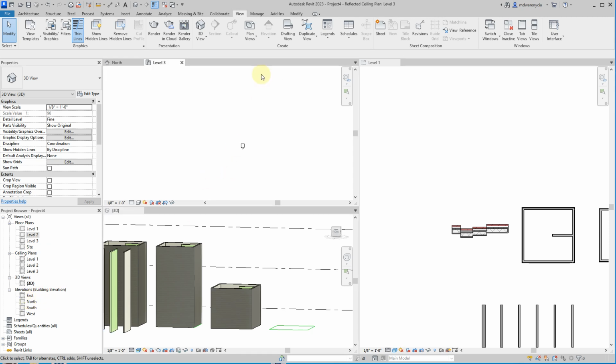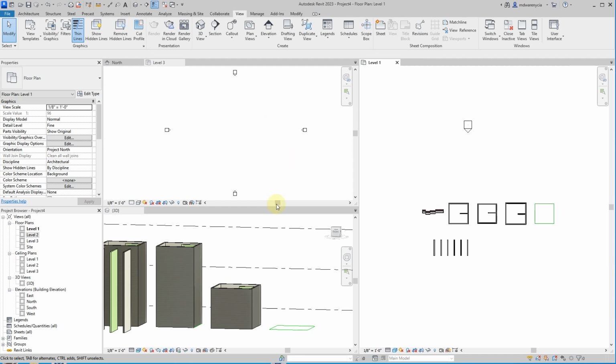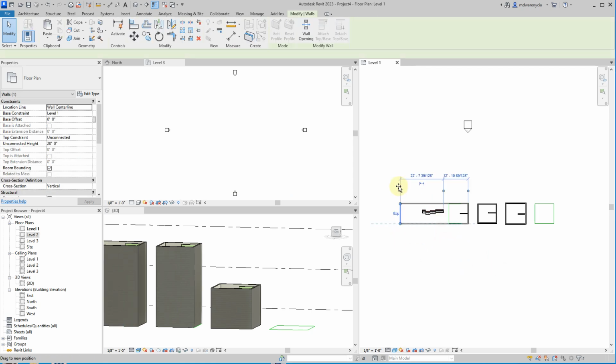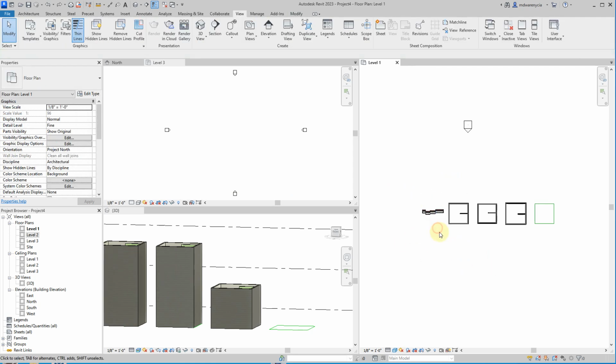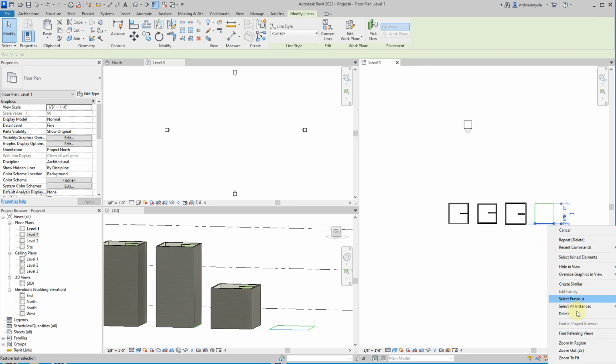All right, I had one other thing to show you guys. Let me just get rid of these chunks of walls, and then this whole series of walls right here. Let me get rid of